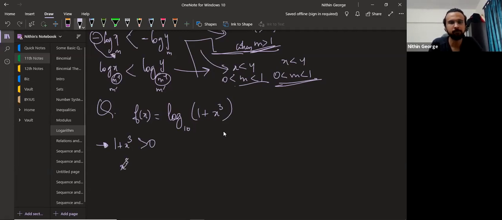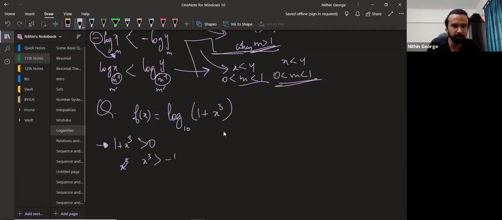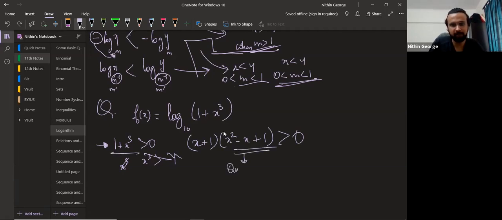Greater than minus 1. Yeah, that's fair enough. So instead of this, I would write it this way, okay? This is a more genuine solution, I would call it. x square minus x plus 1. So once you do this, you have to realize that this is a quadratic where D is less than 0. Okay, this is an upward facing parabola, x square minus x plus 1, where D is less than 0.